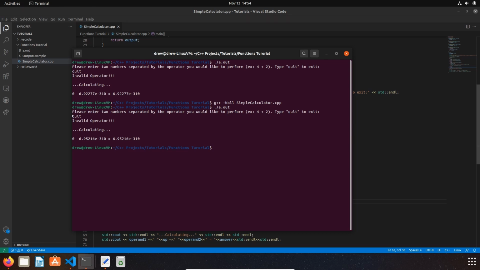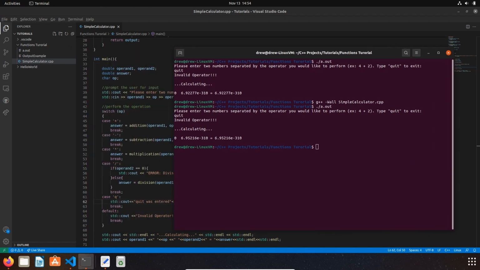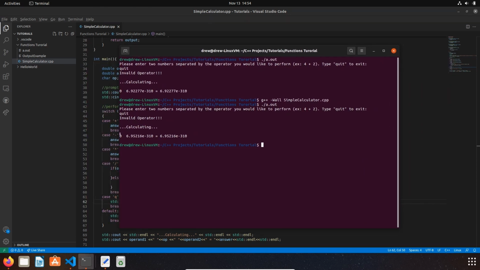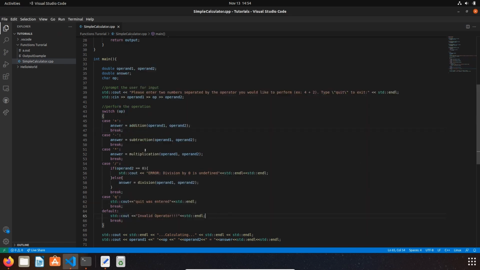So it must be pulling Q. So operand 1 ends up being 0. We end up with an answer. We don't have a function performed. Operator's space. I think it's pulling all of